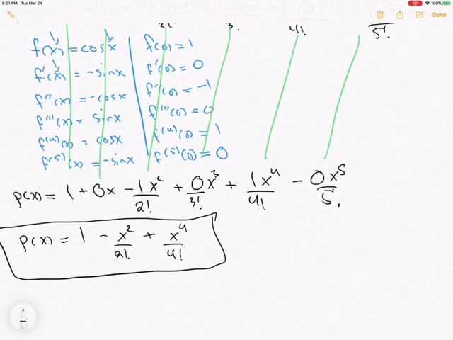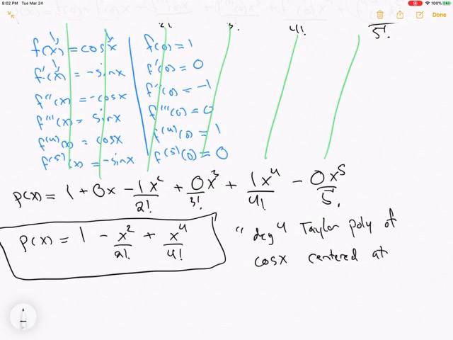So since it really is degree 4, I'll just call this the degree 4 Taylor polynomial of cosine of x, centered. So I'm using this language now, which I haven't used before, but we sometimes say it's centered